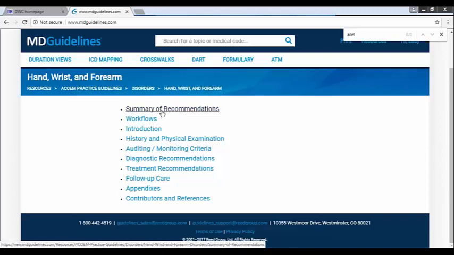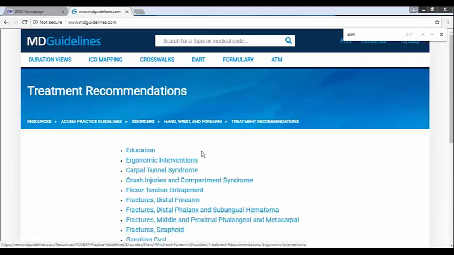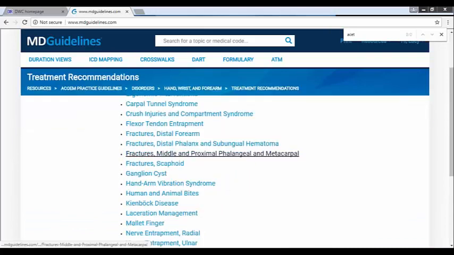Another way to get at the treatment information or diagnostic intervention information is to come down to either of these links. If we're looking for diagnostic recommendations, we could click here. If we're looking for treatment recommendations, we can come here. I'm going to click on the second link, and then I'm presented with a number of different conditions that are covered in this guideline.